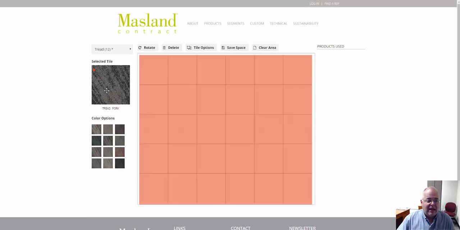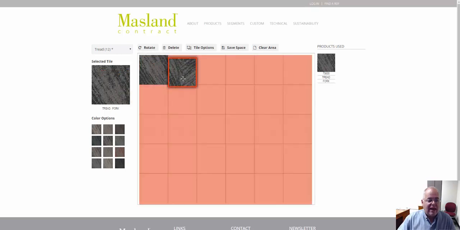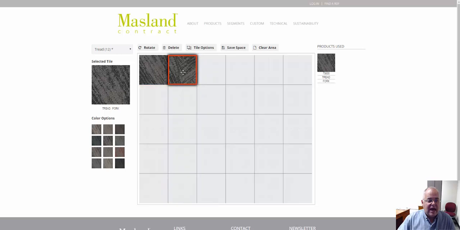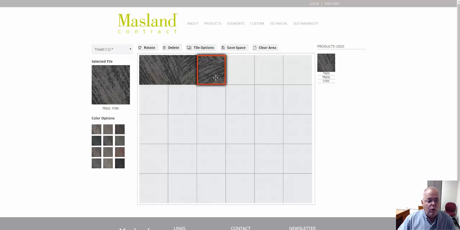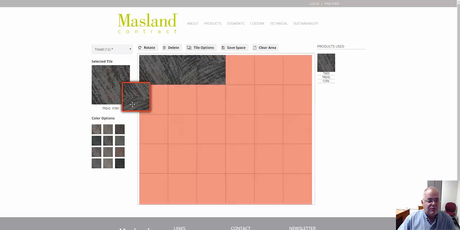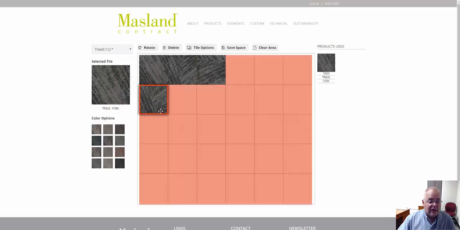And you can actually drag that tile into the grid just like this, place it, and then you can drag it again and you can continue dragging and placing these tiles in the grid, and it will actually show you or give you a representation of what the tile looks like if it's spread out across the floor. So I found this to be really helpful because